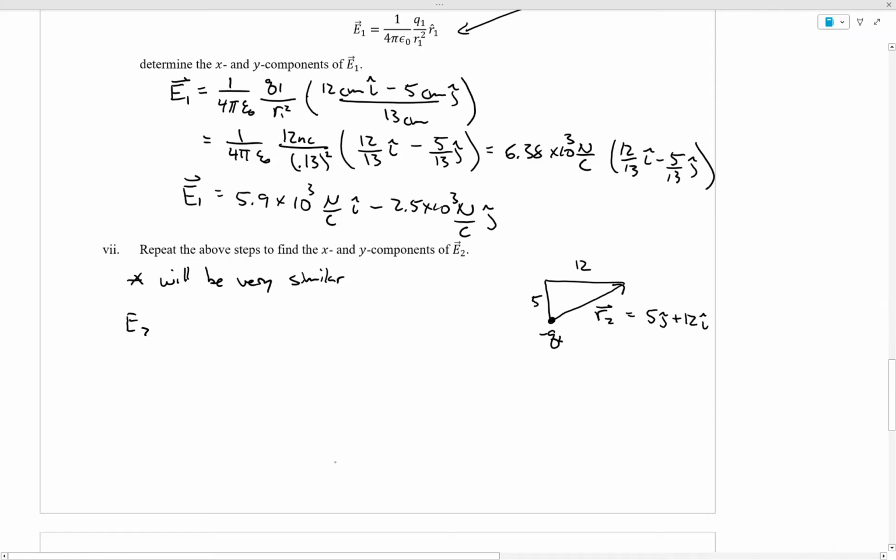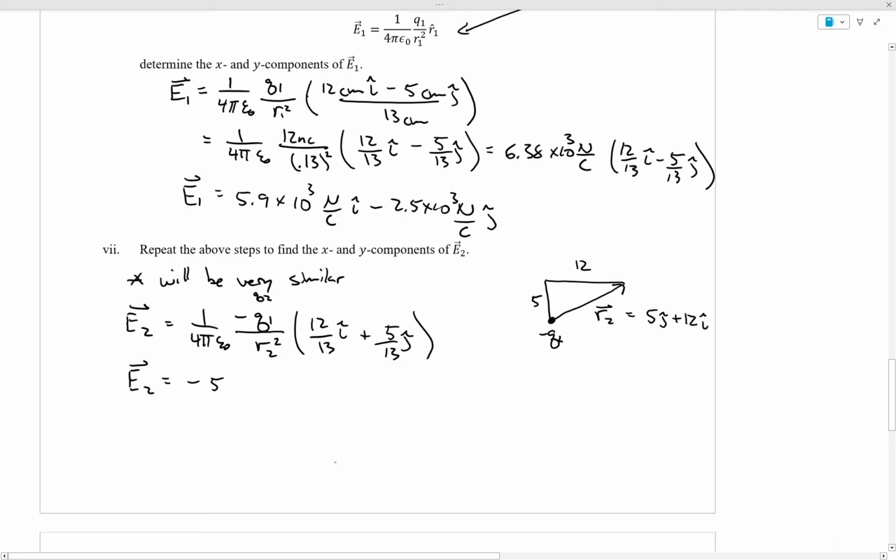Well, when we put those ingredients together, E2 is going to be the same magnitude, except Q is negative instead of positive. In other words, I'm just putting in the fact that Q2 is negative Q1. And then I'll put in our unit vector, R2 hat. And if we multiply those things together, what would we find? We'd find that E2